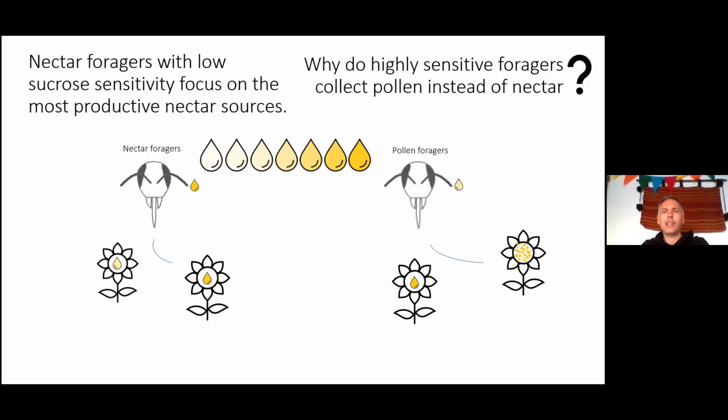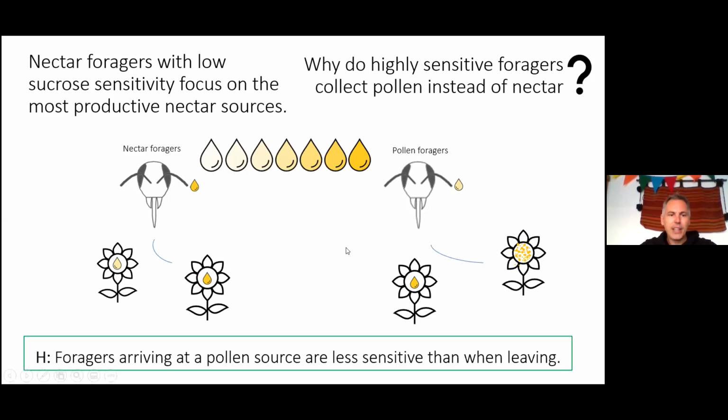Here you go. I was saying that it's not completely clear why highly sensitive foragers like pollen collectors, pollen foragers, prefer to gather pollen instead of nectar. And here comes our first hypothesis, that is that probably we are missing some information, and foragers arriving at the pollen source could be less sensitive than we previously thought. So